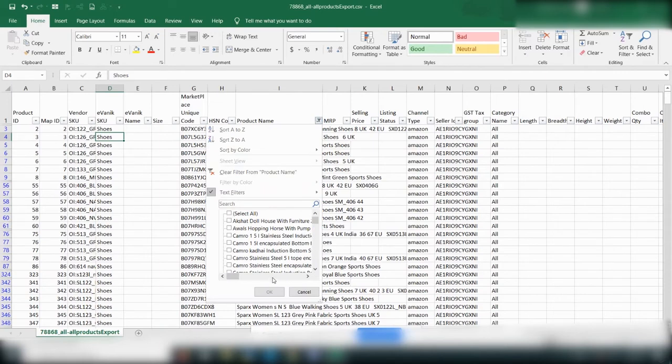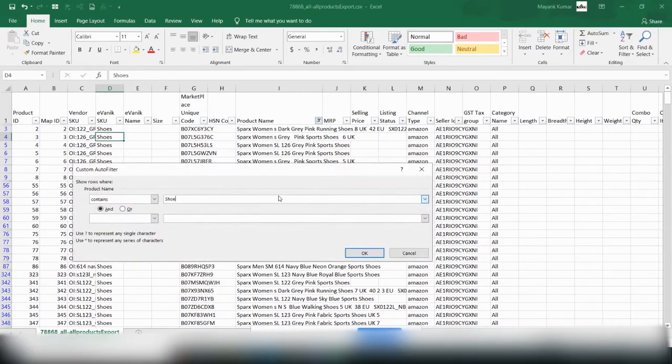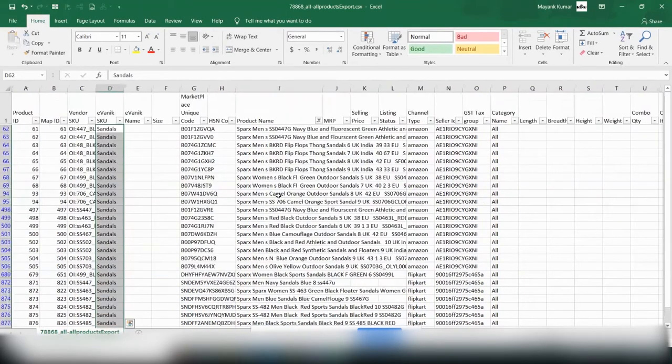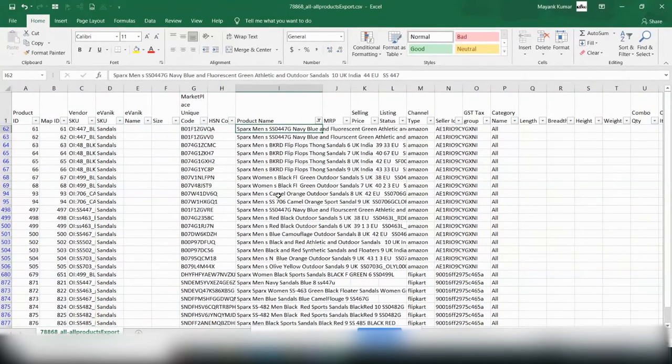The next thing is, I call it sandal. And I'm going to call all of them as sandals. So what's going to happen here? If there is a sale or a return related to any of the products here, it will get posted under the product name called sandals in Tally. The next step here